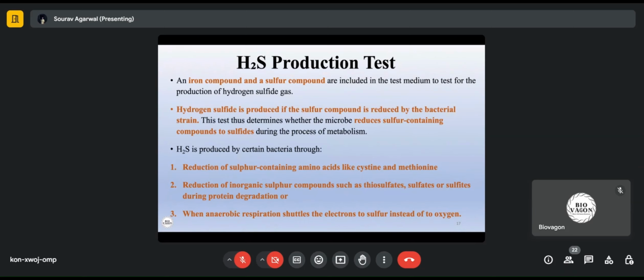Next, hydrogen sulfide production test. Okay. This test is to test the production of H2S gas. We need both an iron compound and a sulfur compound in this test. H2S is produced when our bacterial sample reduces the sulfur present in the media and its surroundings. This breakdown by organisms can be performed either by reduction of sulfur containing amino acids, which are cysteine and methionine,